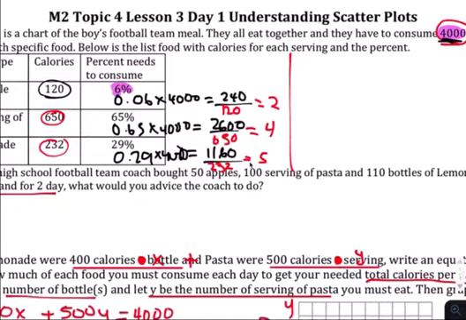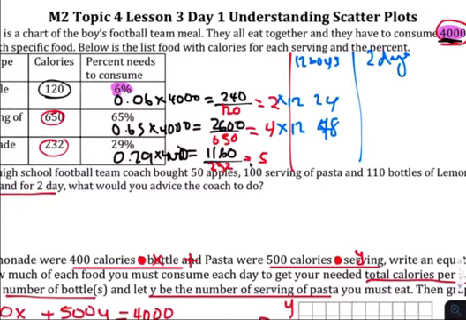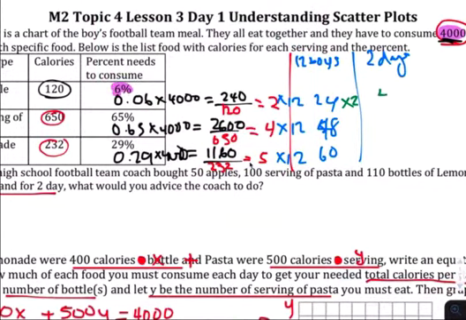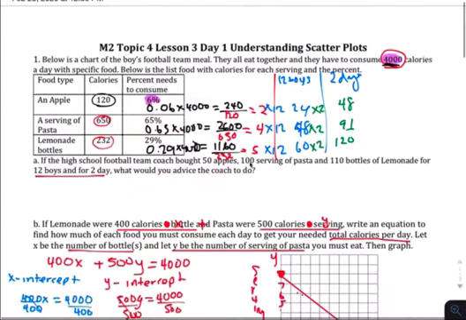So 12 boys, then 2 days, times 12 is 24, times 12 is 48, times 12 is 60, and then times it for 2 days, 48, 96, 120. So basically,